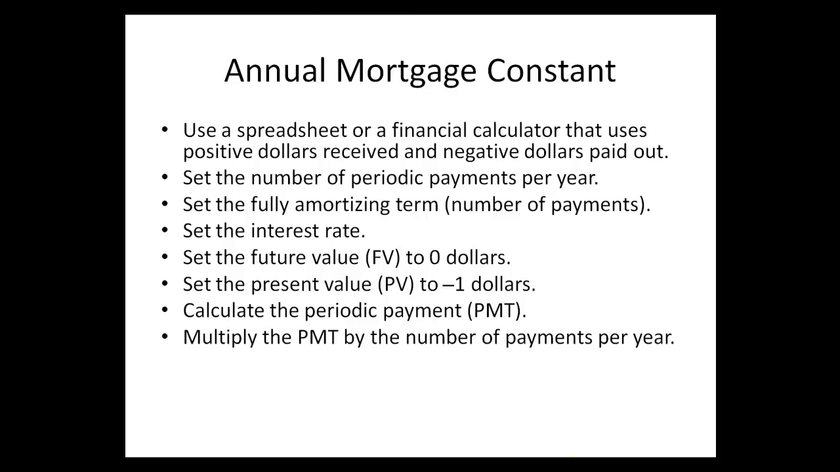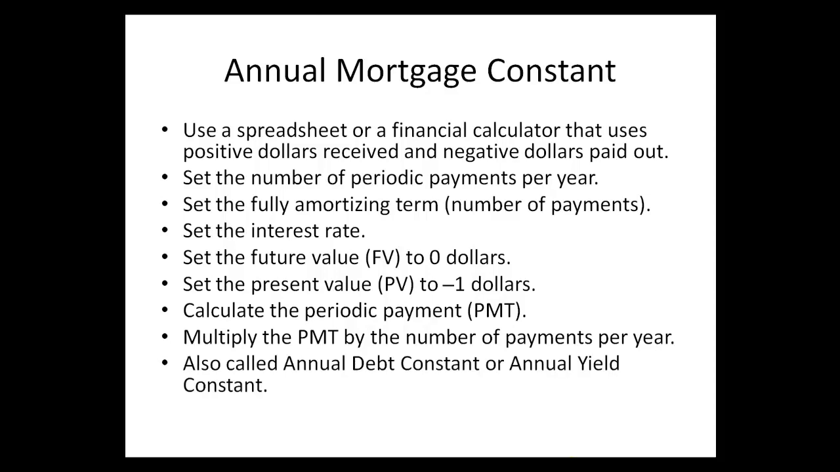Then multiply the payment by the number of payments per year to calculate the annual mortgage constant. It's also called the annual debt constant or annual yield constant. All right, now that we know how to calculate an annual mortgage constant from given loan parameters,